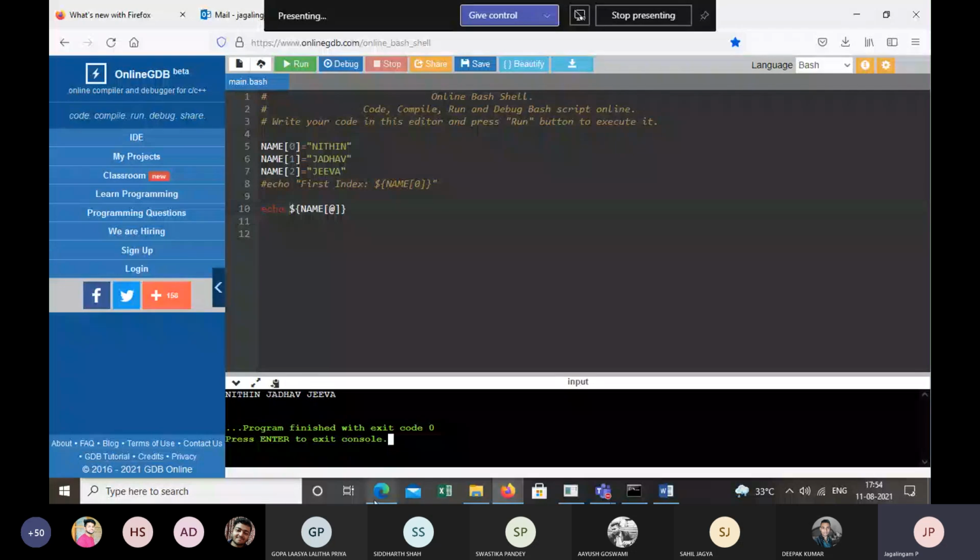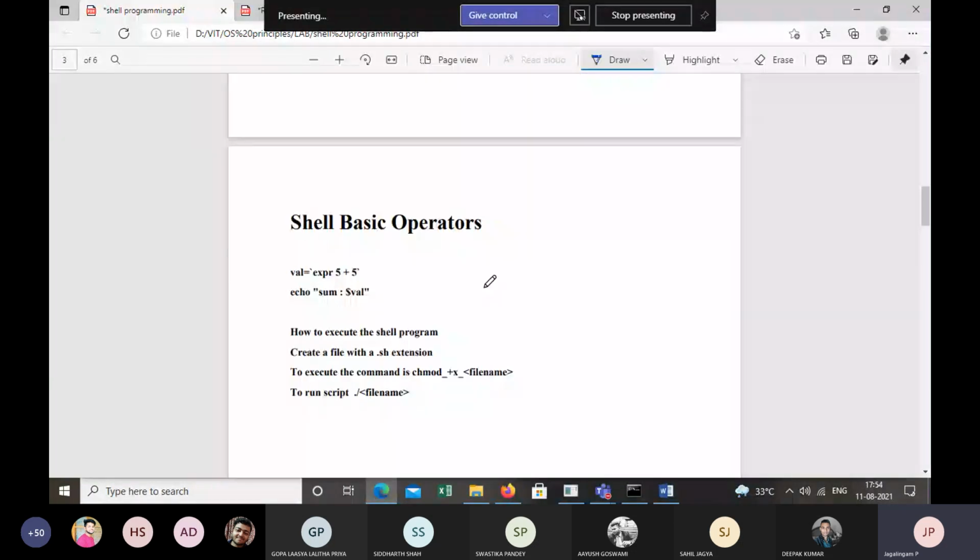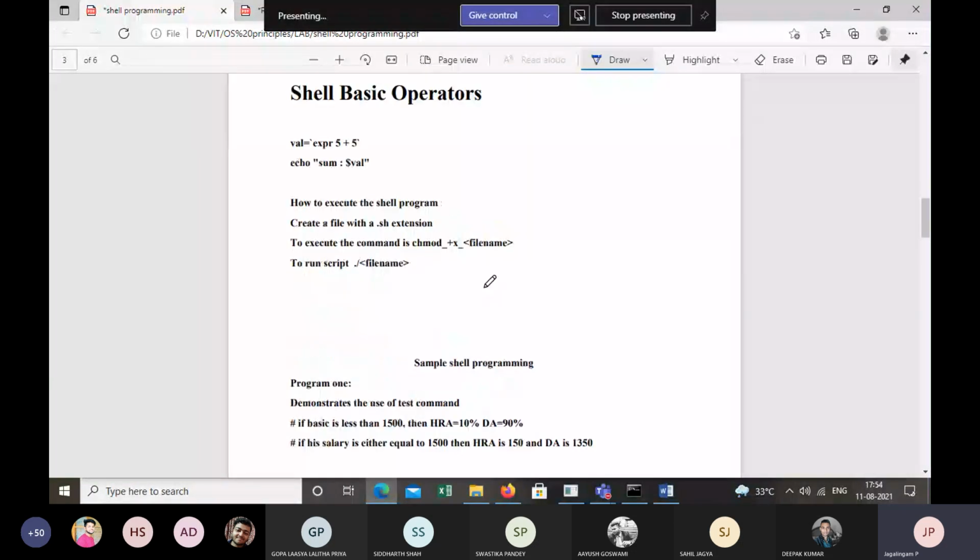Now, we can also perform the basic operators in the shell. If you want to perform basic operators, what do we need to use in shell script? What do you see in line 1? Val equal to expr. Yes, good.